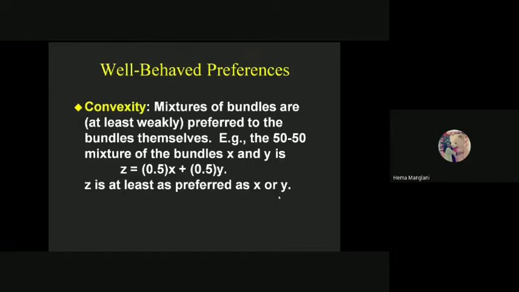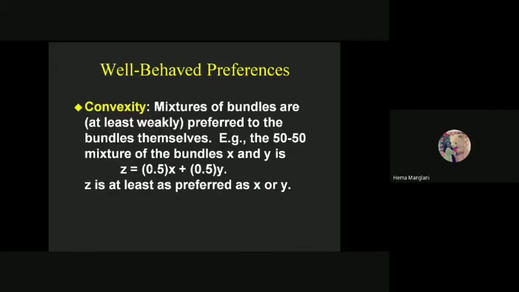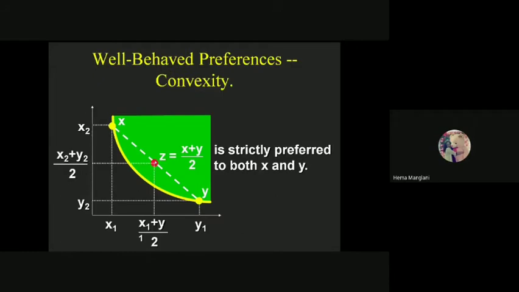Well-behaved preferences you can show like this with convexity. We have this indifference curve. This is one extreme of the indifference curve, and that is the other extreme. When you join these two extremes together, you get the average bundle, which is Z. Average means X plus Y, divided by 2, as in the previous year. The value which comes out is the same over here. So Z is equally preferred, this X plus Y divided by 2.